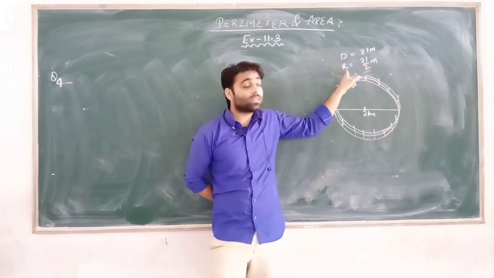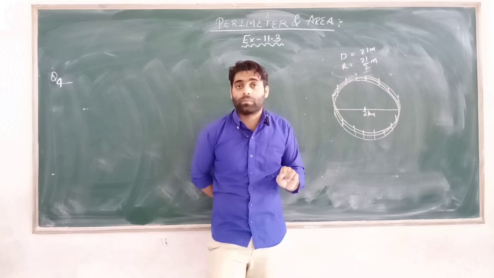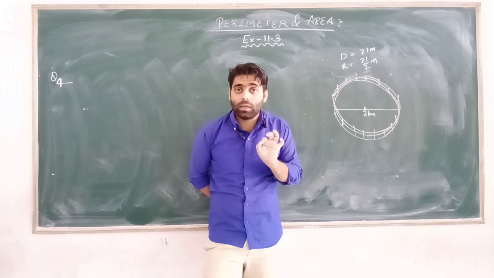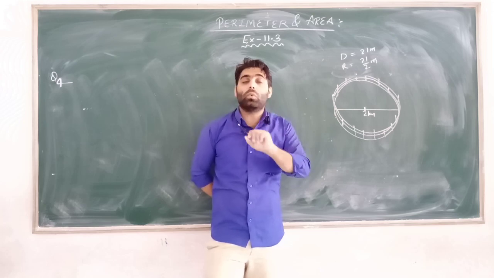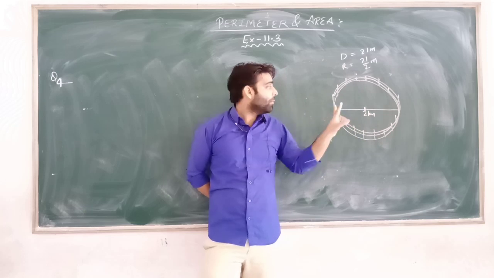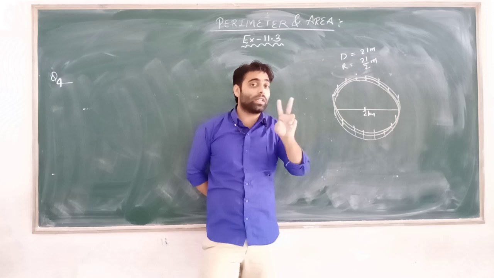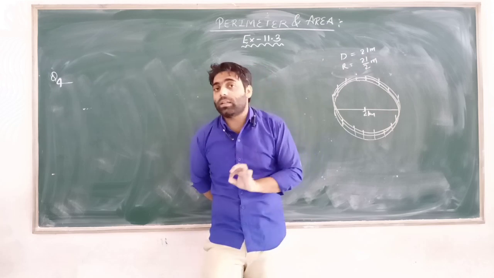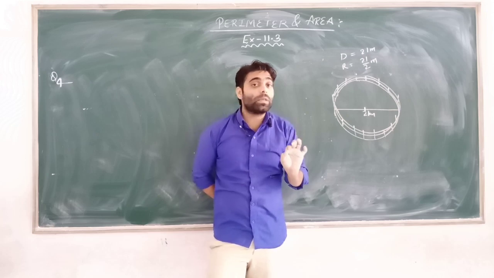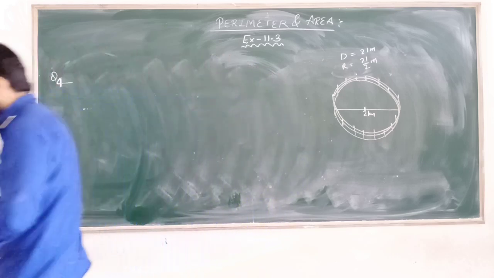From this r, students, we will calculate the circumference, that is C equals 2 pi r. And it will be multiplied by 2 because the rope is bounded 2 times. Fencing has been done 2 times, so you will multiply the circumference by 2. After that, we have to find the cost of the rope. For that purpose, we have to multiply by 4. Okay, let's start.